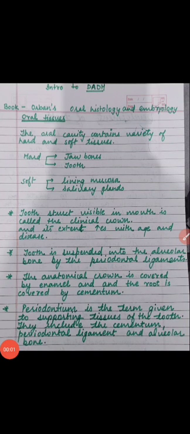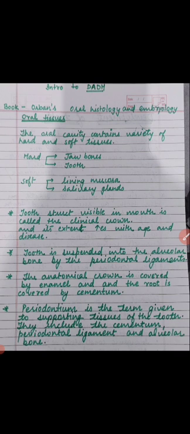Hello friends, today we will be discussing Orban's oral histology and embryology. It has the first introductory chapter in which there comes all the introduction of the oral cavity tissues. So oral cavity tissues are divided into two types, hard and soft tissues. The hard tissues actually consist of the jaw bones and tooth structure, whereas the soft tissue consists of lining mucosa